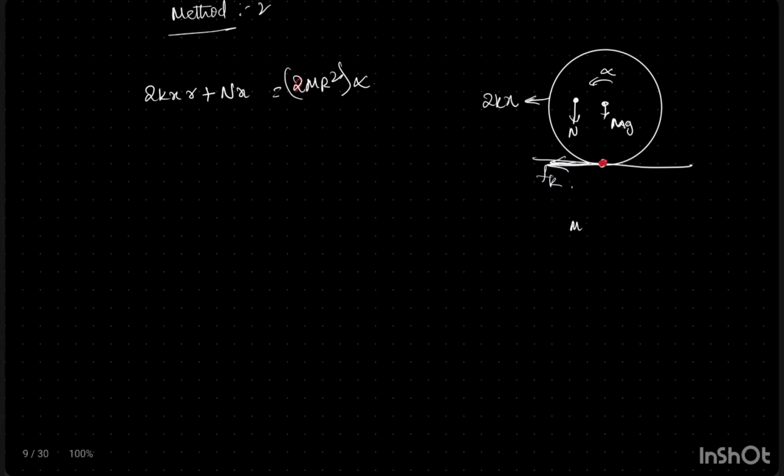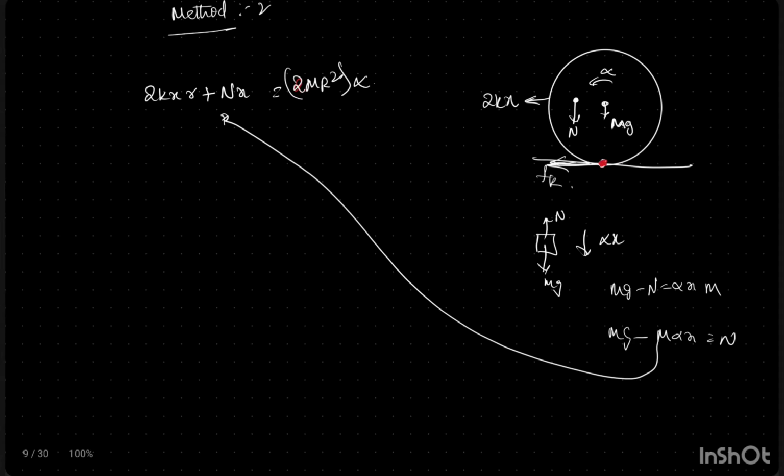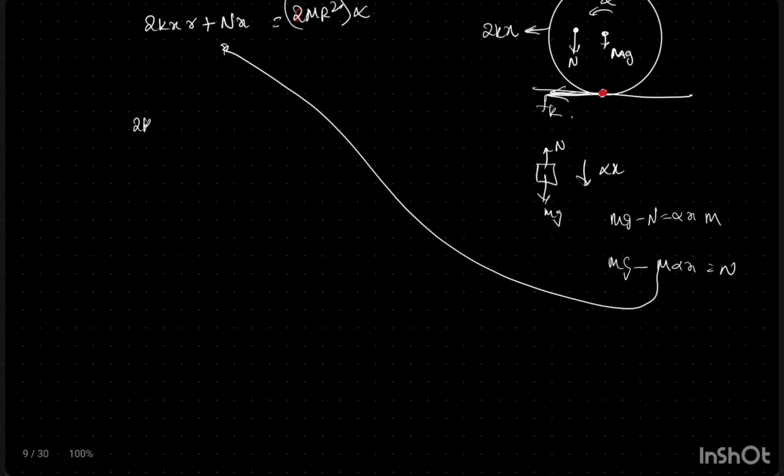If we write the equations for the small one, again the same story. Let's take this as mg, and this is the normal force, and this will be alpha into x. mg minus N equal to m alpha into x, so mg minus m alpha x equal to the normal force. If we keep this value here, we'll get the same answer. Let's just solve it: 2kxr plus normal force, in place of normal force we got mg minus m alpha x, into x, equal to 2m r square